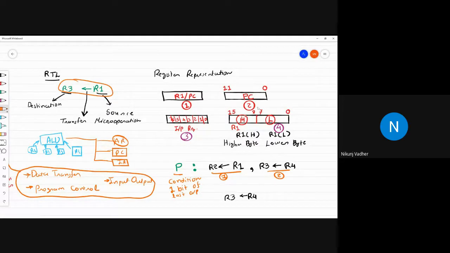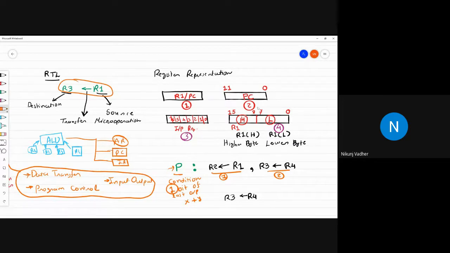It can be only one bit, or there can be an expression like X or Y, so 0 or 0, 0 or 1. Whatever we write on the left side of the colon will be evaluated to one bit.